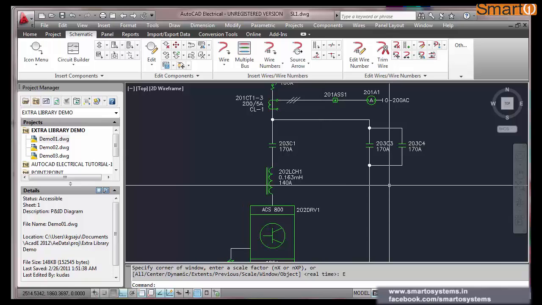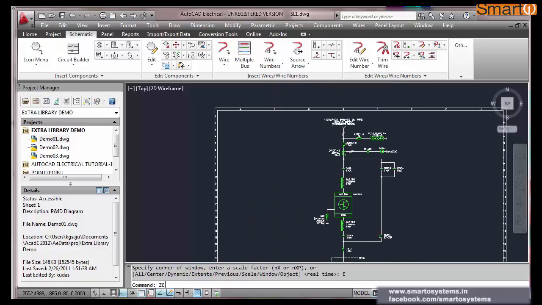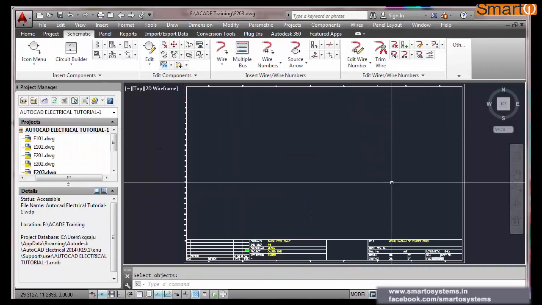Only one will run at a time. Then we need some interlocking between these two. How do we put the interlocking? How do we do the cross referencing between the components? That is very interesting. So that is what we are going to do in sheet number 203.